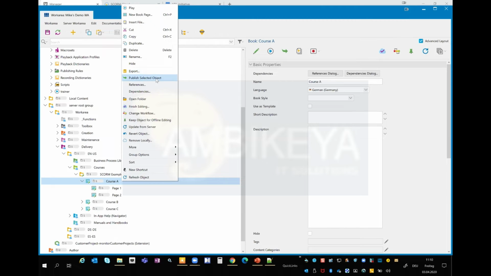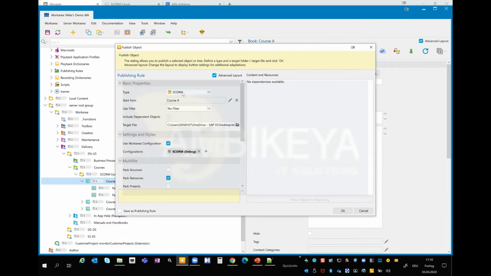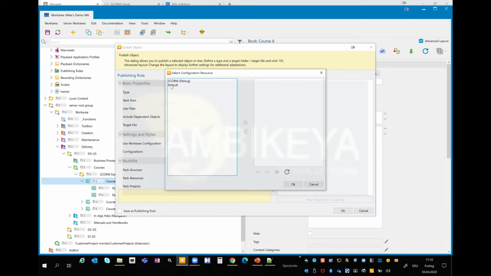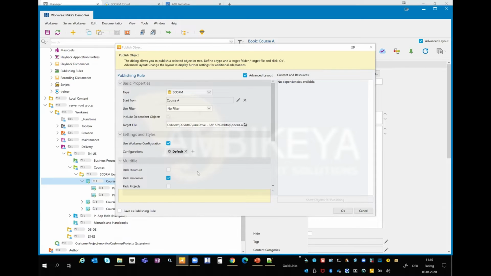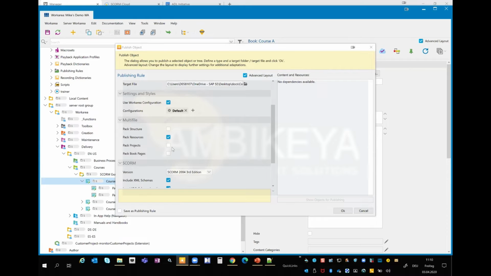So I published the selected object to SCORM using, potentially you could use filters. I'm using a configuration here. I'm not using the debug configuration. I'm using my default configuration now. I pack the resources. I'm usually doing that when I'm exporting SCORM courses, just to reduce the amount of queries